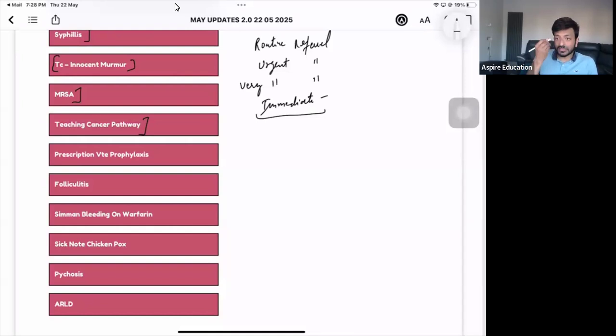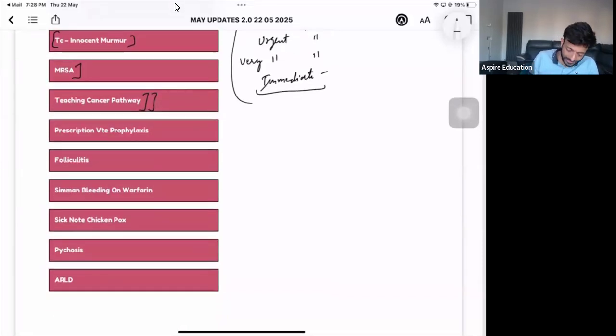Or many times you'll come across eye problems, for example a scleritis or keratitis scenario. The patient is going to be in severe pain. So what's going to happen? The GP is going to refer this patient straight away to the specialist. That is an immediate referral, right? So routine referrals, urgent referrals, very urgent referrals, and immediate referrals as well. So take an example of any cancer and you can explain that easily.